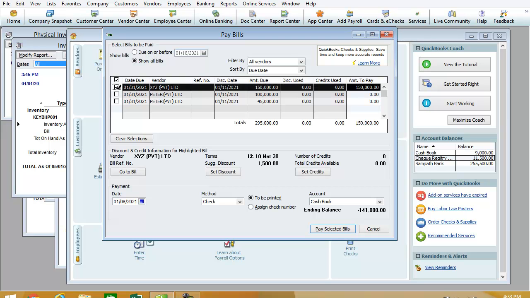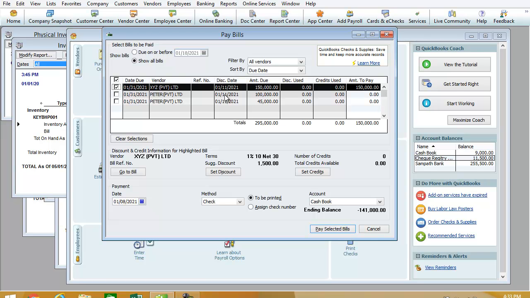If so, you have to select this one, and once you select, this is the discount due date. We are going to make the payment on January 8, which is the payment date, and this is the billing date. This bill is discounted.